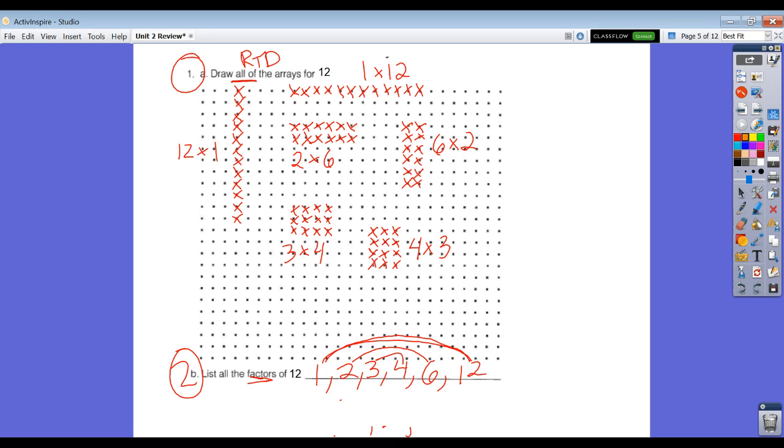Welcome back. So you're checking your arrays and they should look like this. You should also have a 2 by 6 array and a 6 by 2 array, a 3 by 4 array, and a 4 by 3. So double check that you have all of those and then carry on with the review guide,